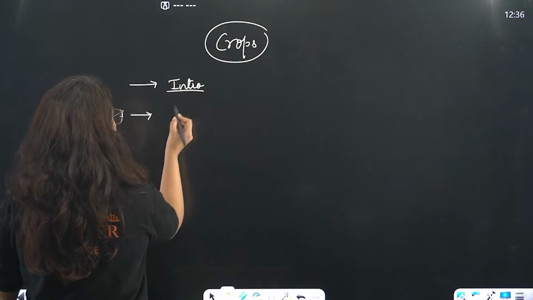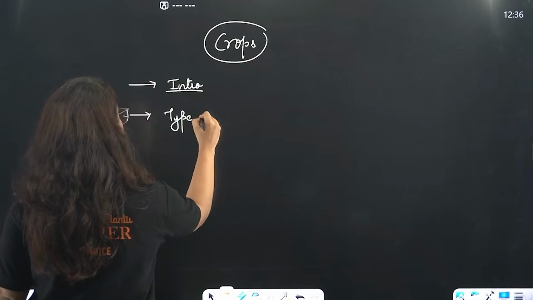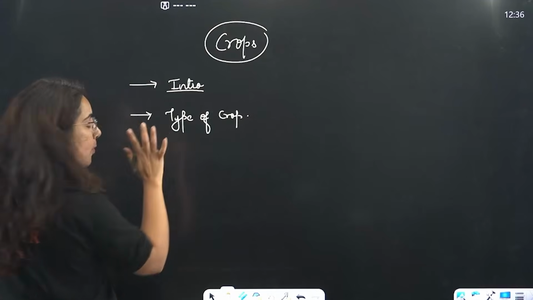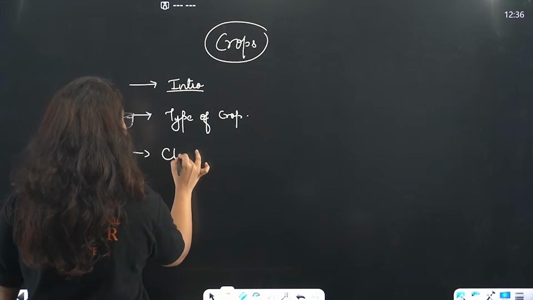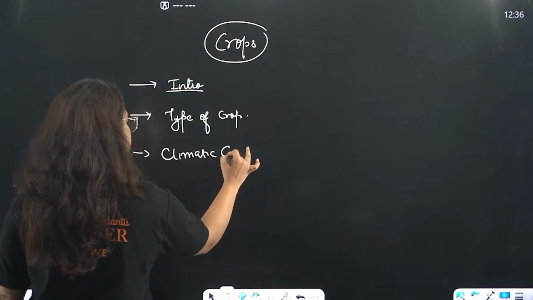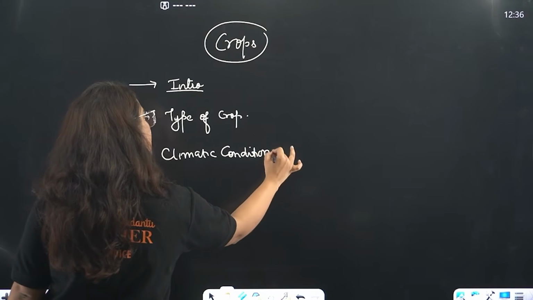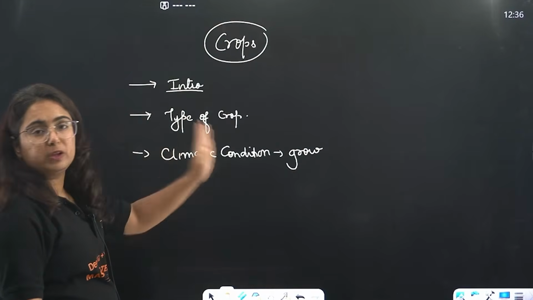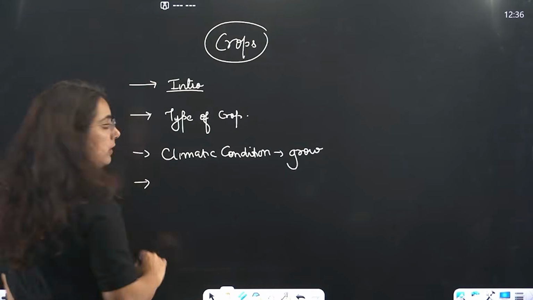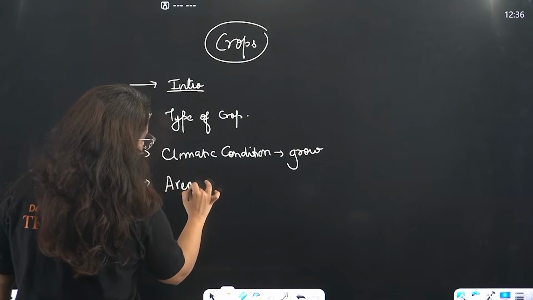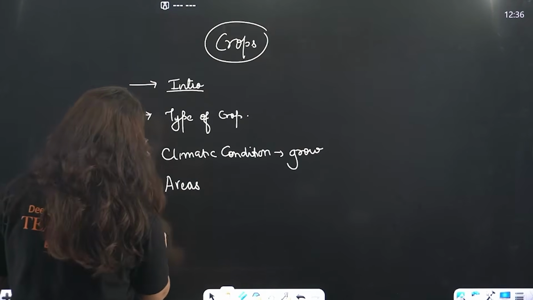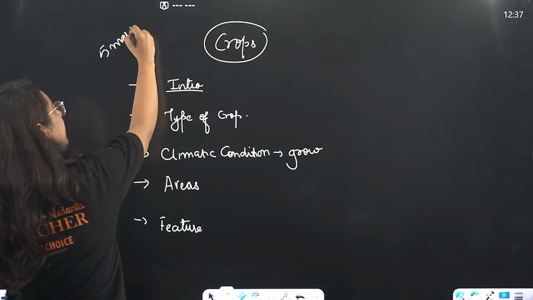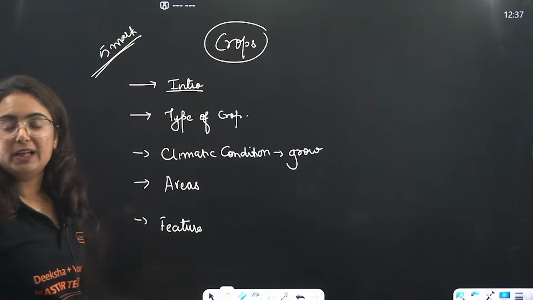Then we will write about the type of crop it is, like it is a Rabi crop, Kharif crop, or a Zaid crop. Two points done. Then we will write about the climatic conditions that are required particularly to grow that crop. I will tell you about rice, then you will understand how to differentiate it from the other ones. Then we have one more thing, areas, the major areas where this type of crop is grown, and we will end with any feature given in the book. So this is how five points can be created for any crop.